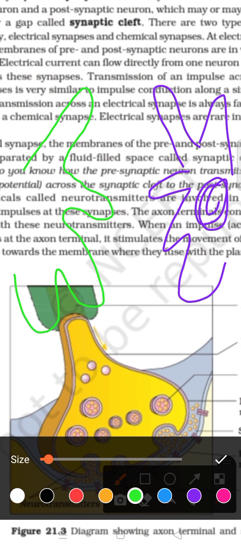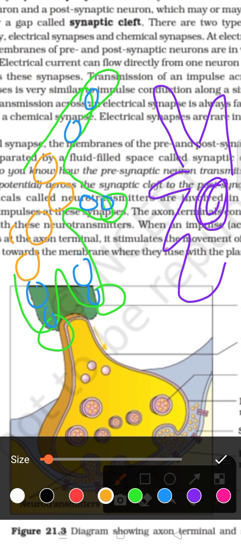Here we all know that knob-like structures are present in a synaptic region, and these knob-like structures have some synaptic vesicles. These vesicles are filled with chemicals. And what is present here? The calcium ions are present here. These are the calcium ions, and I already explained these things to you. These calcium ions push these vesicles, and through these vesicles the chemicals are released out into this region.